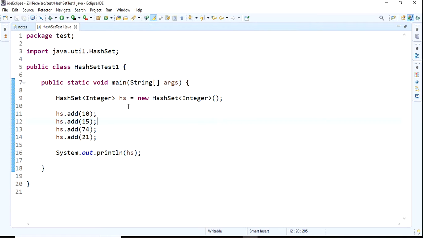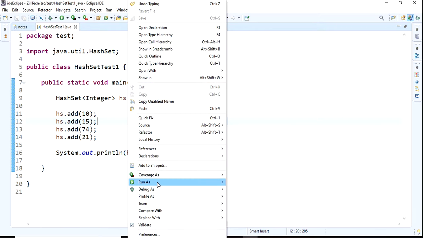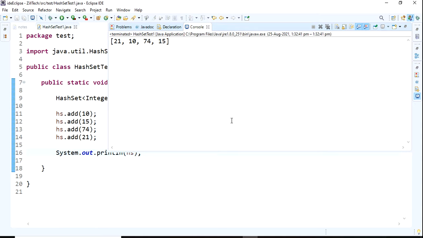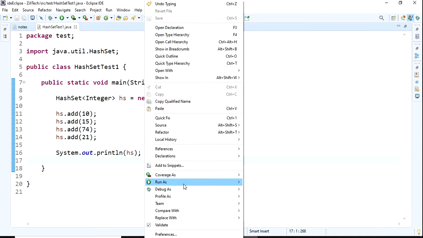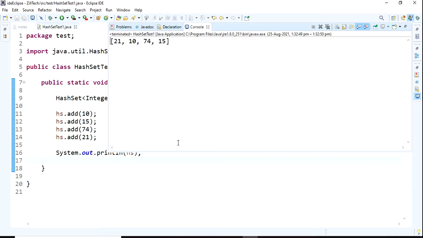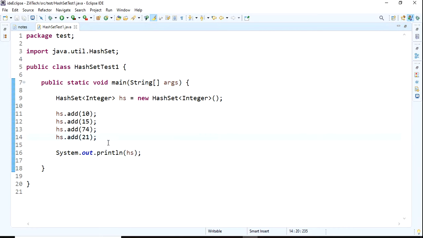Once again I'll run. See, the output is 21, 10, 74, 15. Once again I will run. See, 21, 10, 74, 15. For me it is the same every time, but when you run your example, maybe the output will be different. It does not give a guarantee.